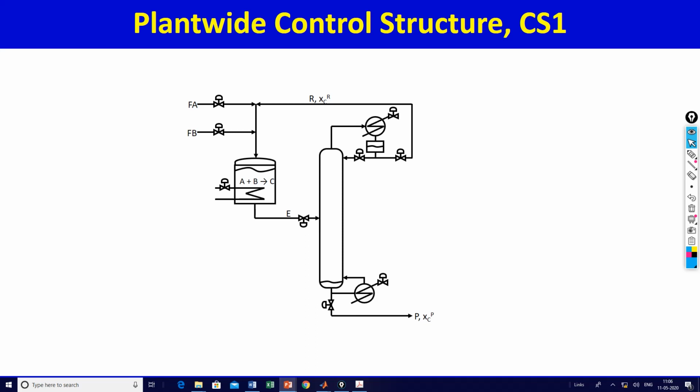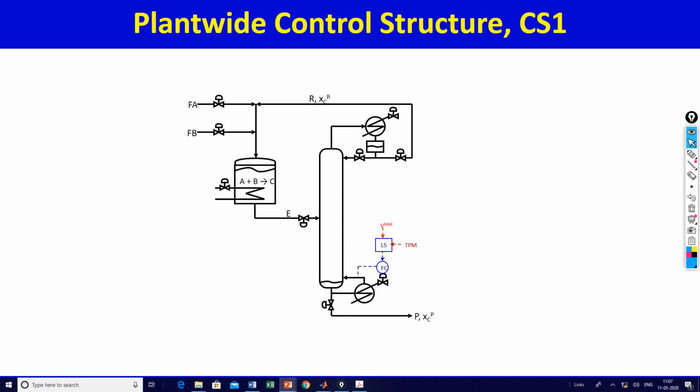And now we start designing the control structures. In fact, maybe there will be only one control structure. So the bottleneck here is flooding in the column. Because the bottleneck is flooding in the column, that means Vmax, we want to control Vmax very tightly. How do we control Vmax very tightly? By having the throughput manipulator add the steam into the column, into the reboiler.